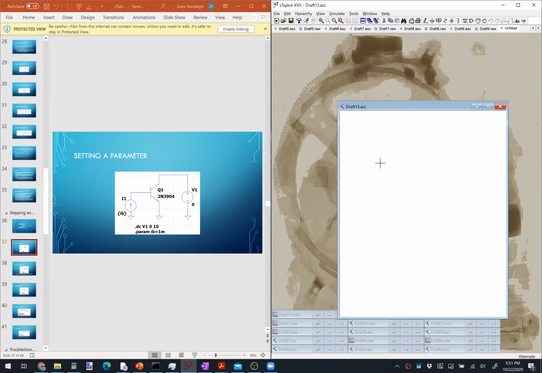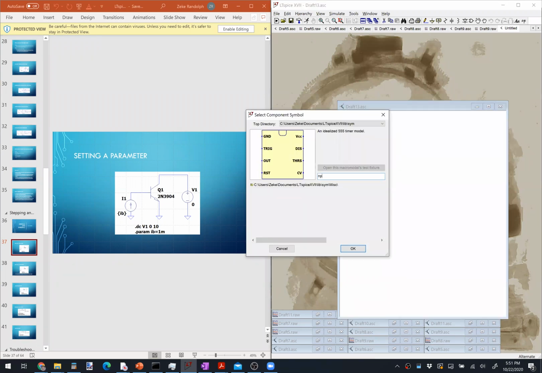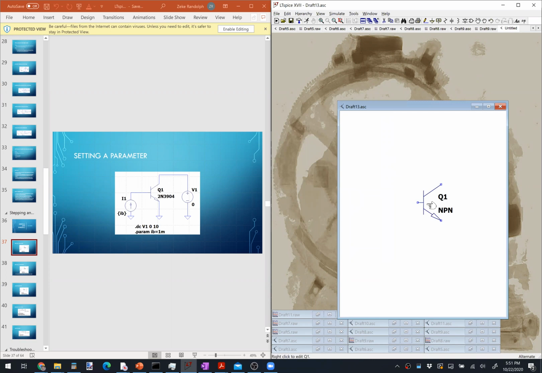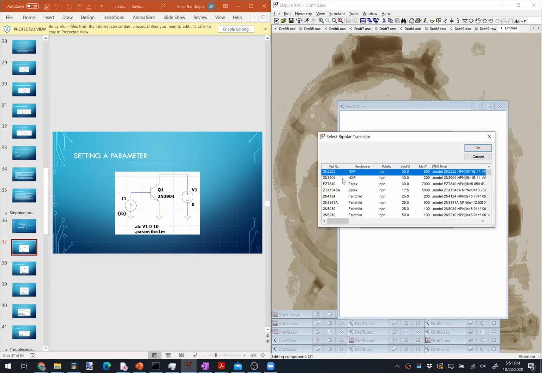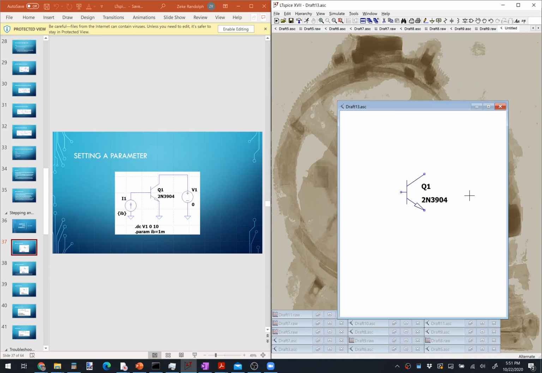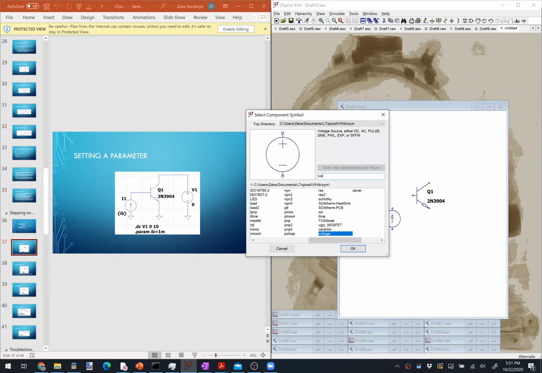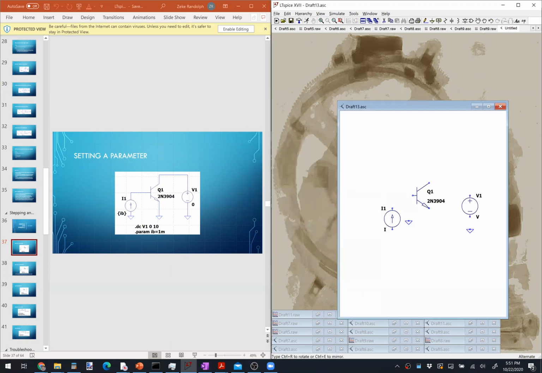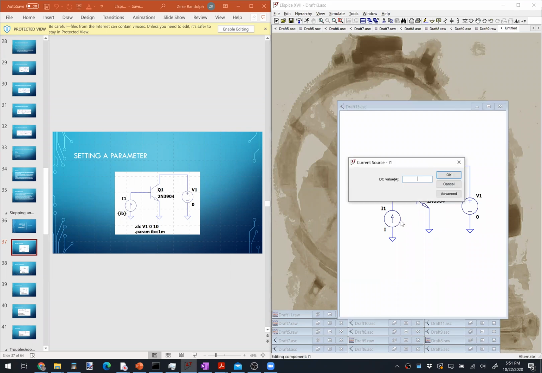I'm going to create a circuit, and I'll drop in a component, NPN, and I will right click on it and pick a new transistor, make it a 2N3904. Then I'll add a current source. I'll rotate, Control R, and then I'll add a voltage source. Add a few grounds, draw some wires. Okay, I'll make this voltage source 0 volts, and I'll make this current source